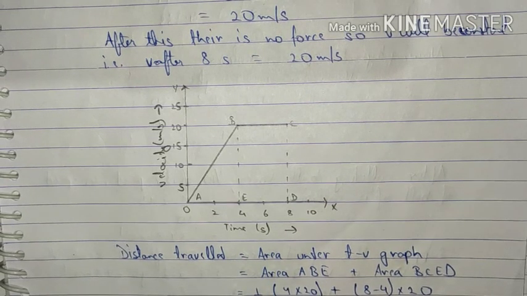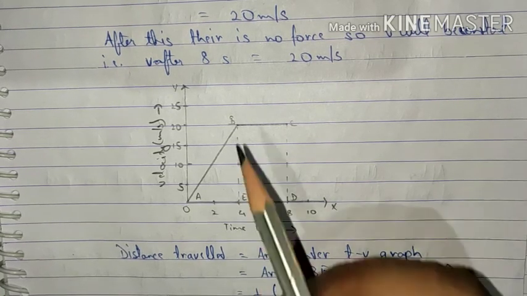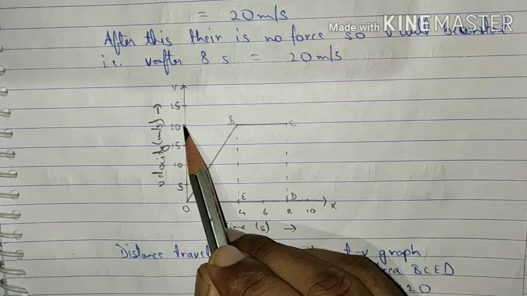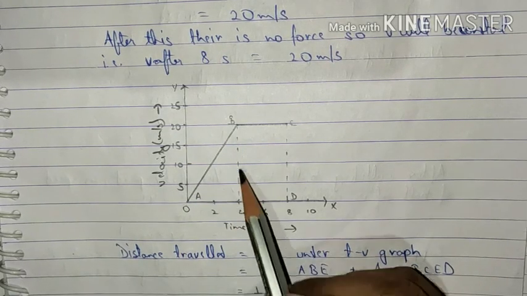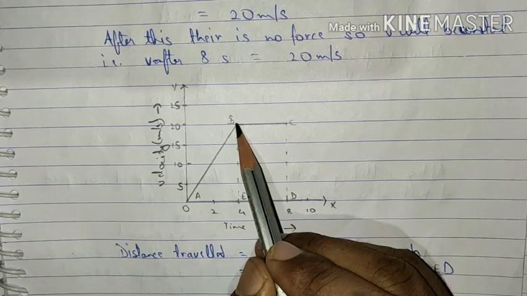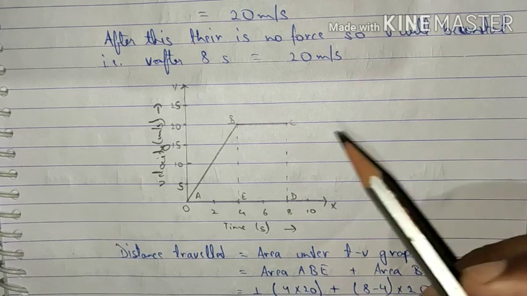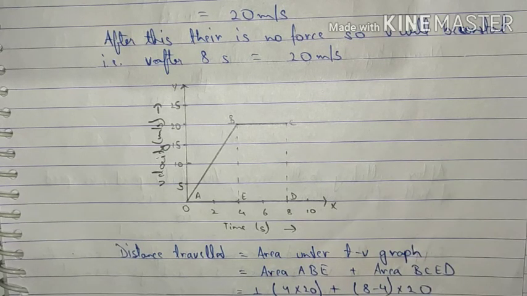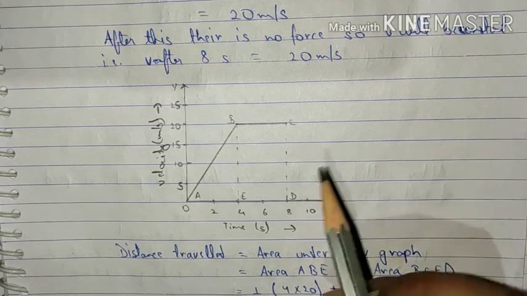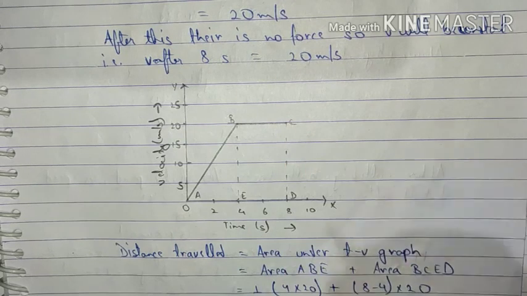Moving further, the next value that has been given to us is at 4 seconds, the velocity is 20 meters per second. So we will draw a point locating 20 on the y-axis and 4 on the x-axis, which is B over here. Further, the next value that has been given to us is of 8 seconds. At 8 seconds, the velocity is again 20 meters per second. So we will draw a point over here also, and joining all the 3 points, we will get the graph